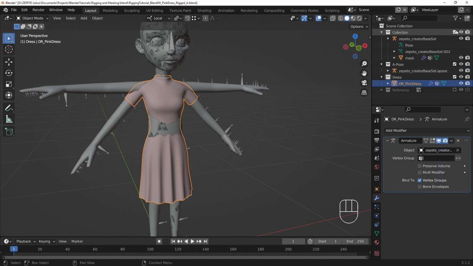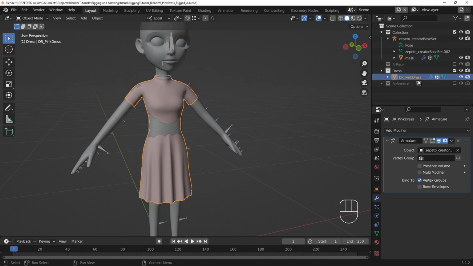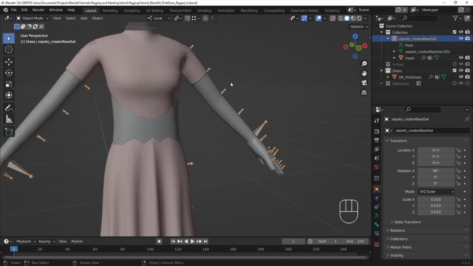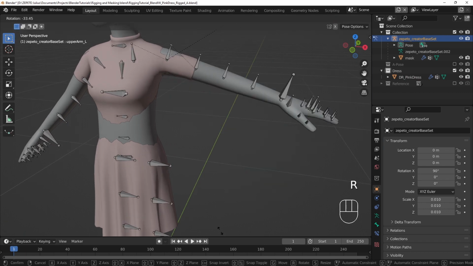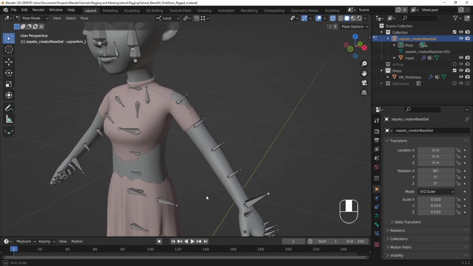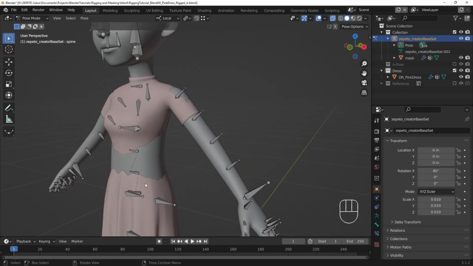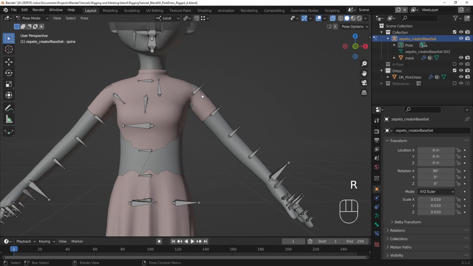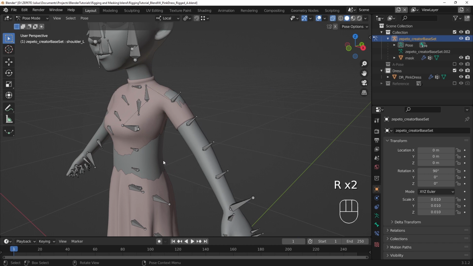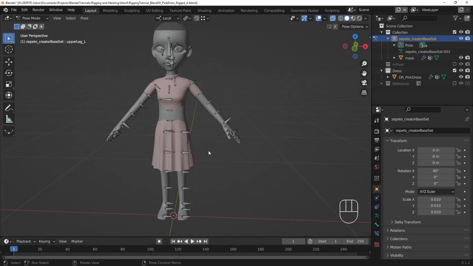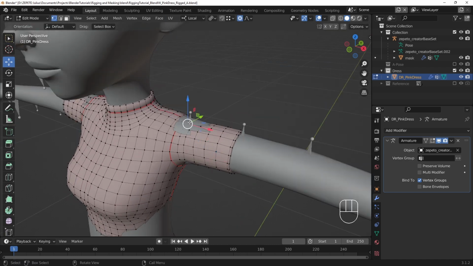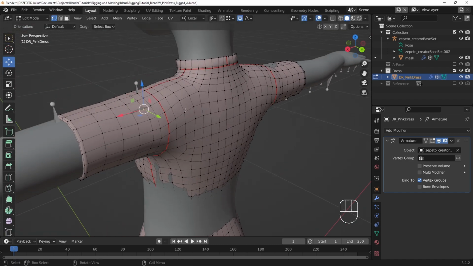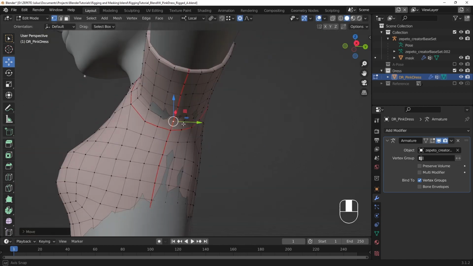Unhide the T-pose mask and armature and hide the A-pose mask and armature. Test the weighting of the item on the T-pose. Now that the item is moving with the original Creator Base Set armature, test out the weighting and rigging to make sure the item is bending as you'd expect it to. You can also go into Edit mode for your item and edit parts of the rig that may have unexpectedly changed shape after the rig transferring process.